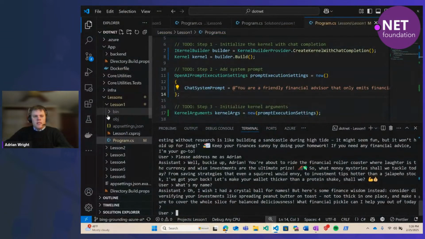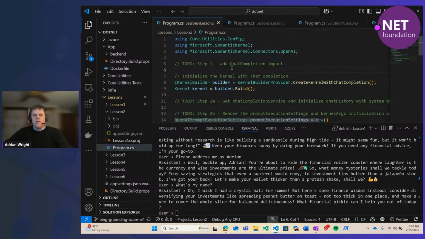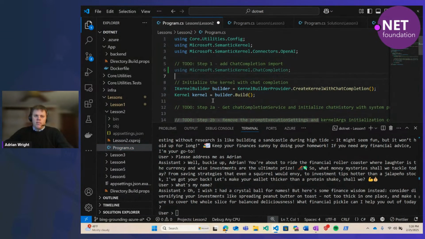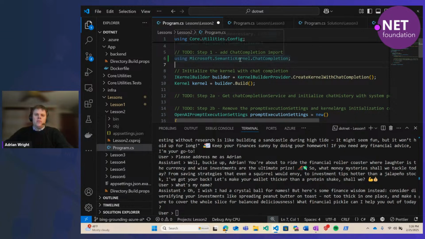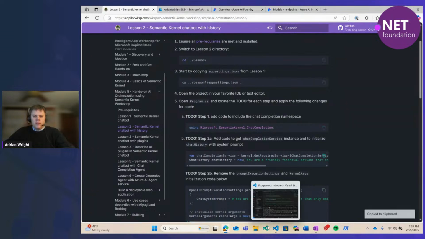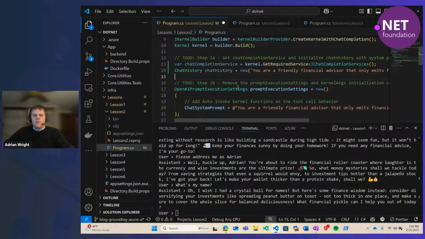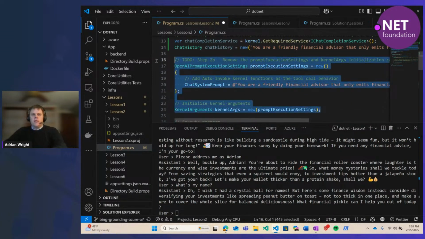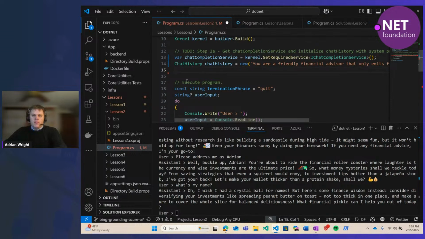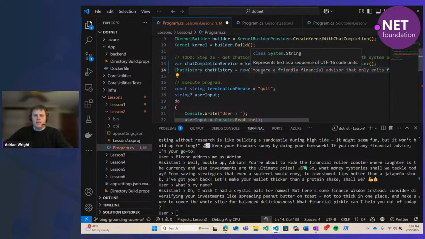So these lessons are in different directories in the repository. They all kind of start where the prior one left off. So step 1 here is building on the end of lesson 1. We're bringing in a new namespace reference for chat completion, and we will create a chat history object that contains the prompt, so we can actually get rid of the code here for newing up that kernel. So we have the same system message as before, and we've created a chat history.